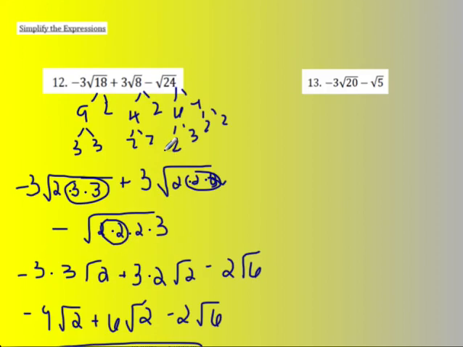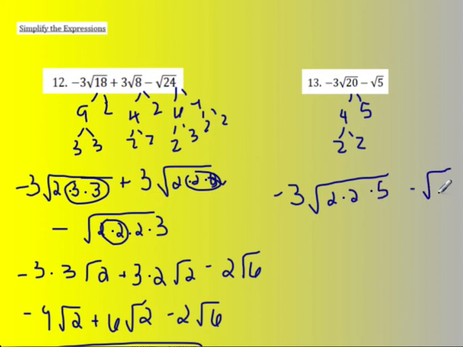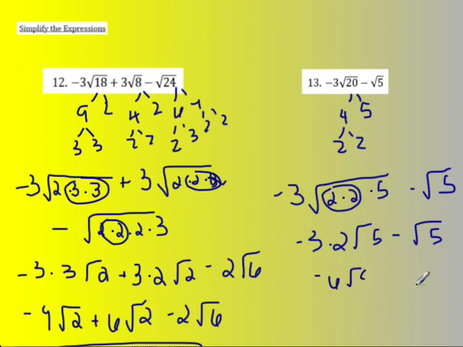Next, let's take a look at number 13. So I can break down 20 into 4 and 5, and then 4 is going to break down to 2 and 2. I can't break down the square root of 5 anymore. So I'm going to have negative 3 times the square root of 2 times 5, and then minus the square root of 5. So then I know I can take out a pair of 2's. So I have negative 3 times 2 square root of 5 minus the square root of 5. So negative 3 times 2 is a negative 6 square root of 5 minus the square root of 5. So when I subtract those out, I end up getting negative 7 square root of 5 as my final answer